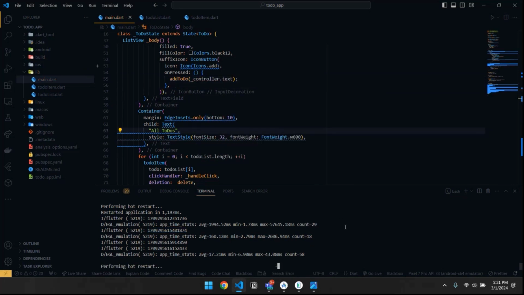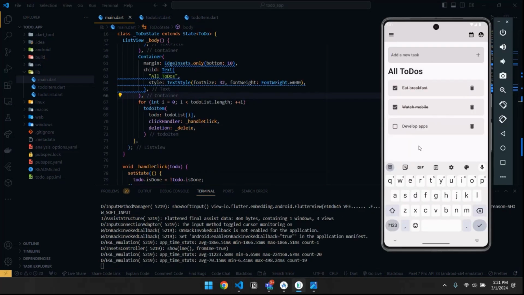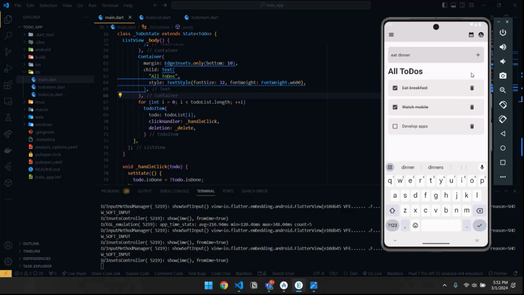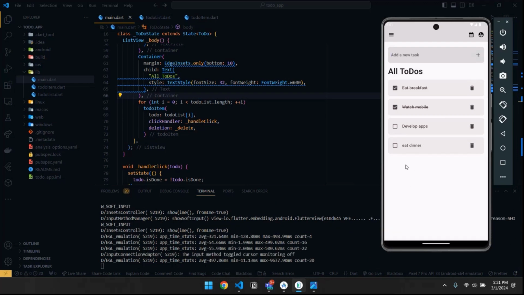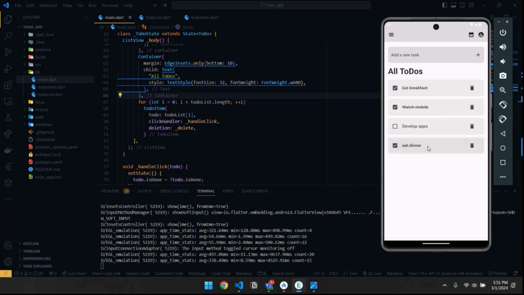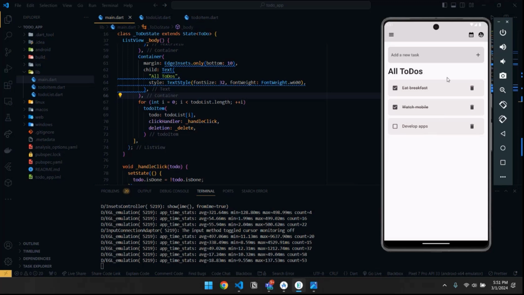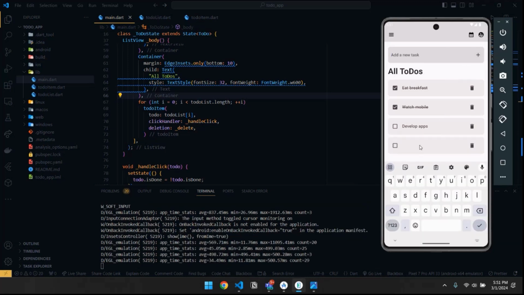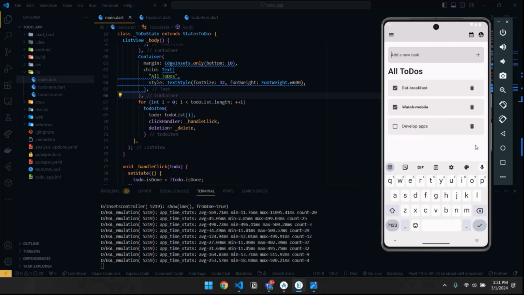So when I hot restart this, hopefully when I click on the button, it should add a new to-do. So I'll type eat dinner and then click on this button. So you can see we successfully implemented adding a new to-do, and then the basic functionality works itself. So if I delete, it deletes. And then when I just put a null value and then click on this, it is going to put out a null value. So this error handling and validation techniques, it's a bit advanced. So this is the basic